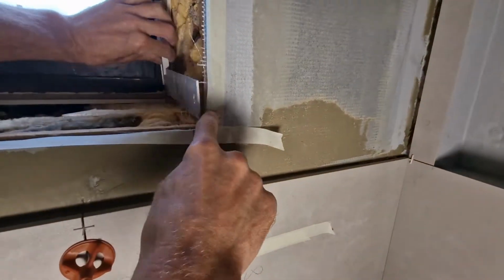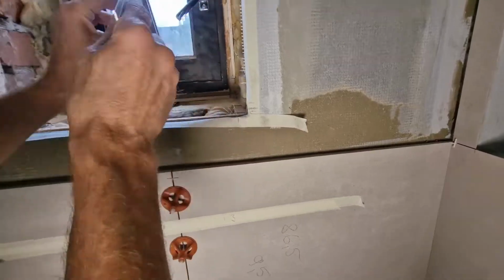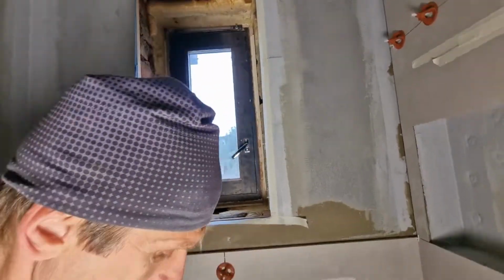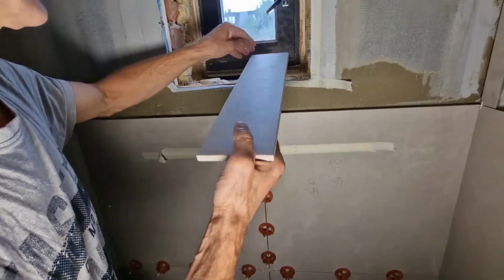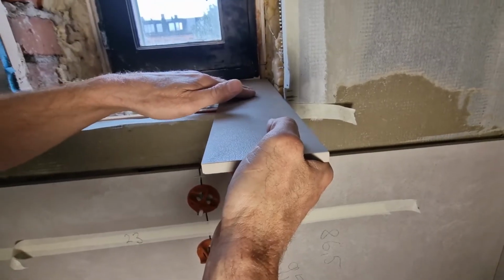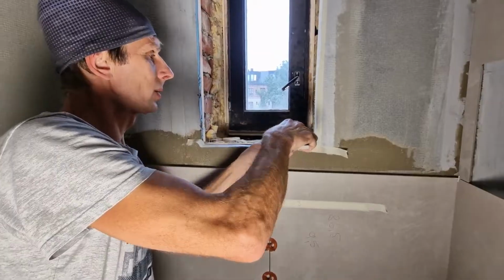So I get one line, then I get the line where it comes here. Same on the other side, get a line. Then on the top the same, and of course, on the base we must have a slope. That's why I put at least 1 centimeter in this case, because it's a shower. Yeah? At least 1 centimeter lower, and